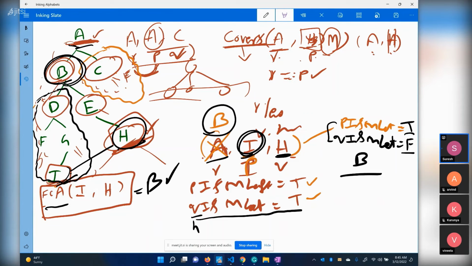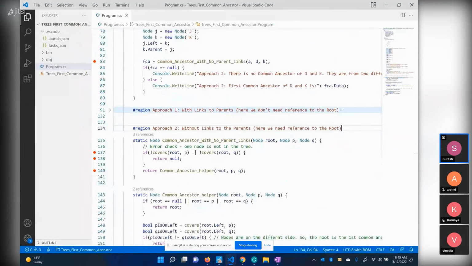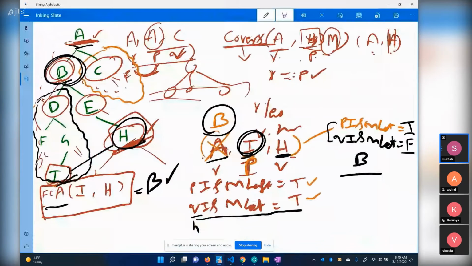In the book there are three approaches. The first approach is using the parent node, and the second approach is this one. There is one more approach where you can optimize this. I did not look at the solution, so we need to find it. If you have the Cracking the Coding Interview book, there are three approaches described there. I need to look at approach number 3. That will give you the optimization, because with just 10-15 nodes it is okay, but if you think about